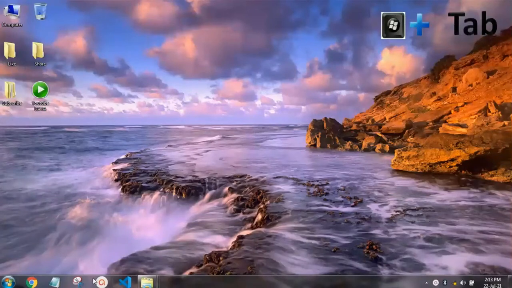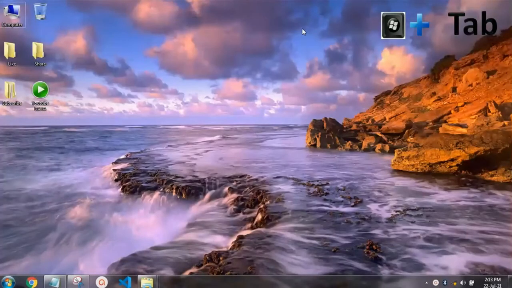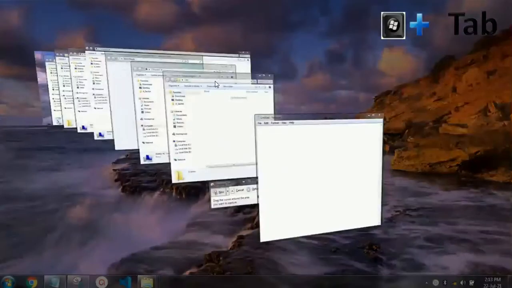If you have opened many programs, for example, let me open, and you want to select one of them, then no need of mouse to go there. Here you can see my mouse is here and I am going to open one of the programs. Then just press Windows D. It will give you a 3D view which looks amazing, and you can thrill your friend or anyone by doing this.